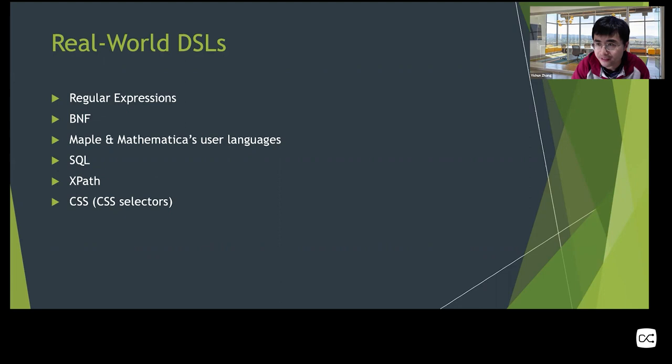The Lua language even provides its own regular expression, but we won't call it regular expression because it has its own syntax. But still, it's a regular expression from the academic perspective.